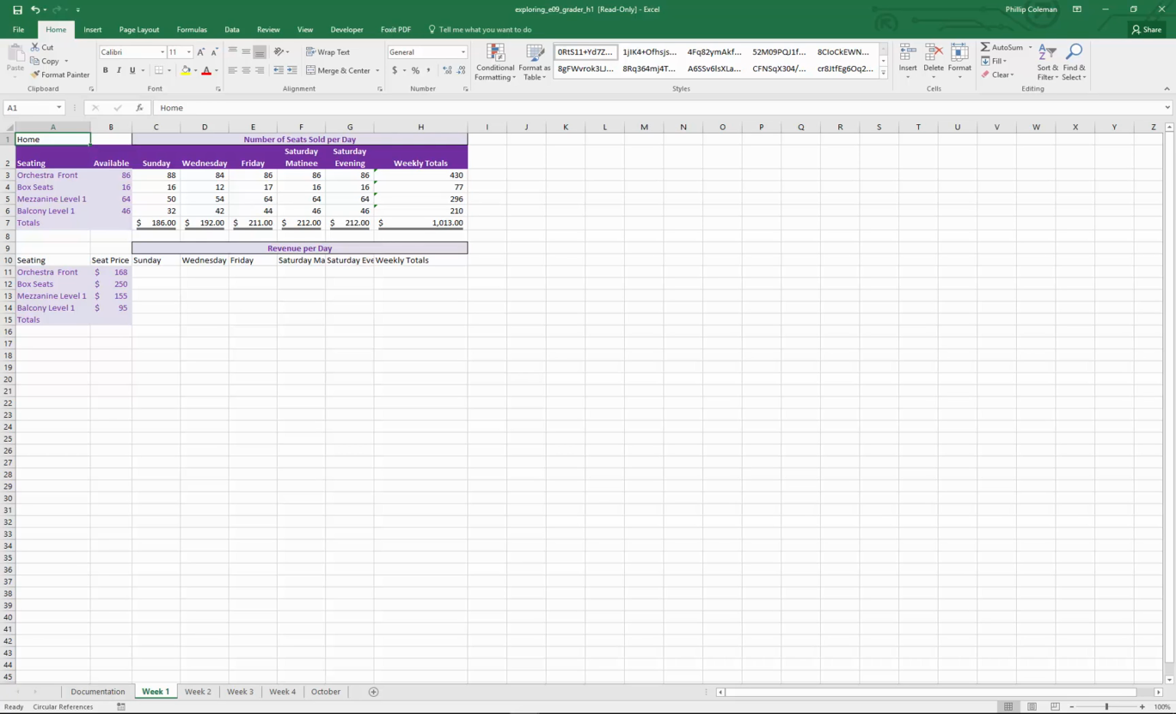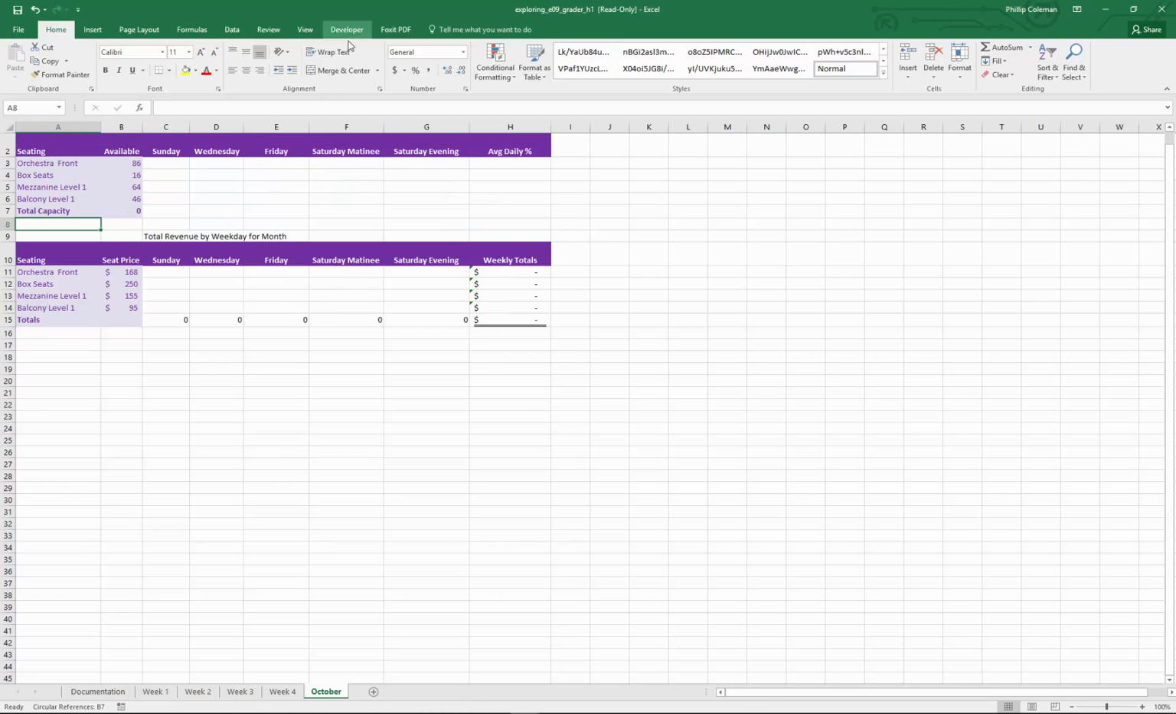The next thing seems to confuse a lot of people, so I'm going to talk slow and clear about this. You're going to insert a 3D formula, 3 meaning dimensional formula, that calculates the total Sunday orchestra front revenue for all 4 weeks in cell C11 in the October worksheet. So if we go to the October worksheet and then we go to C11 right here, then the way to approach this